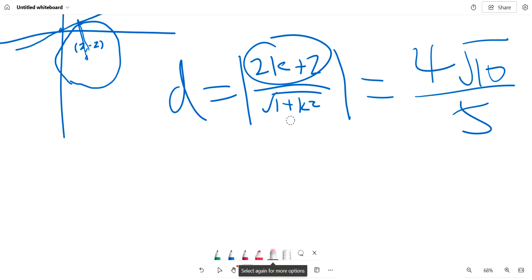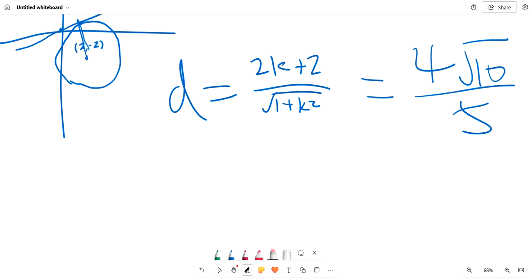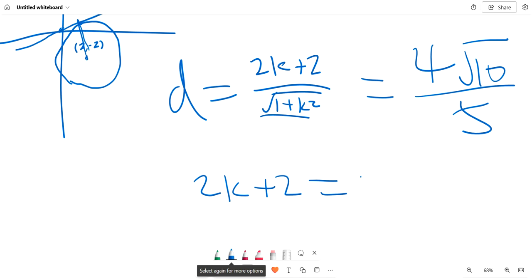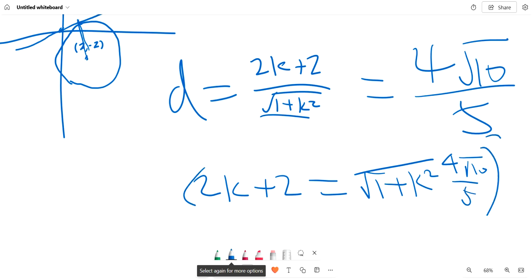So we can just remove the absolute value, and multiply by this on both sides. We get k plus 2 equals the square root of 1 plus k squared times 4 root 10 over 5. We square both sides, and we get